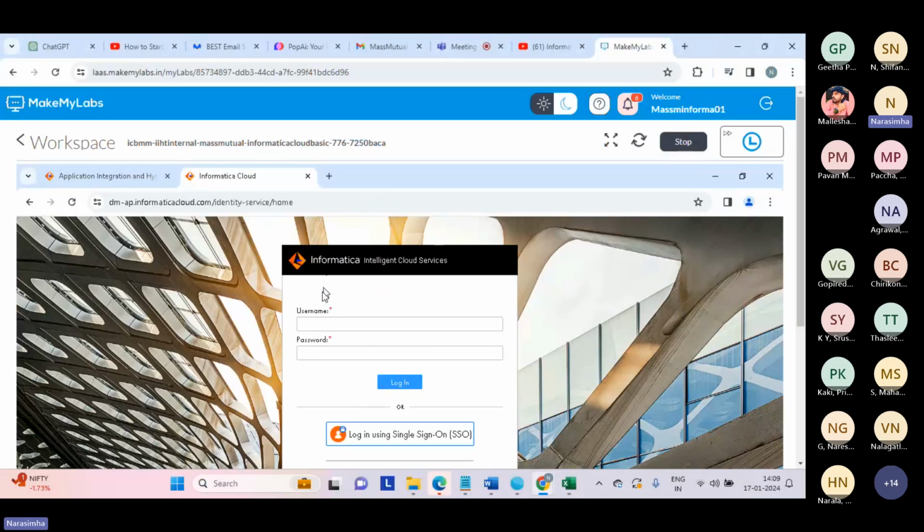So I request everyone to log on to the cloud environment, guys. We'll directly get into practical examples today. Let's log out and log in. Please log on to the cloud, guys.